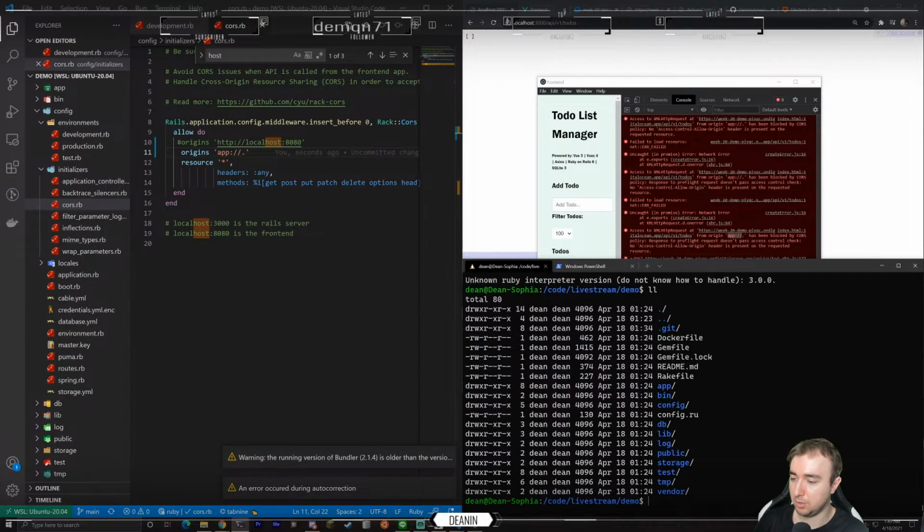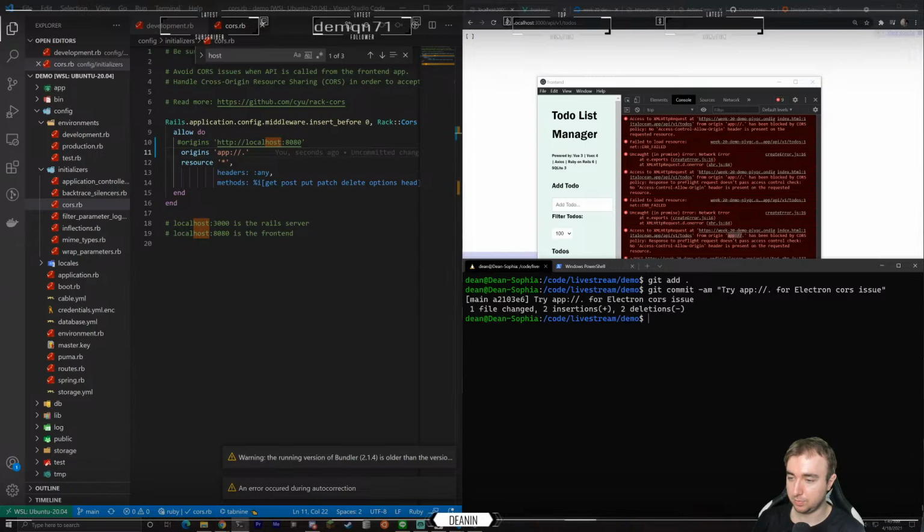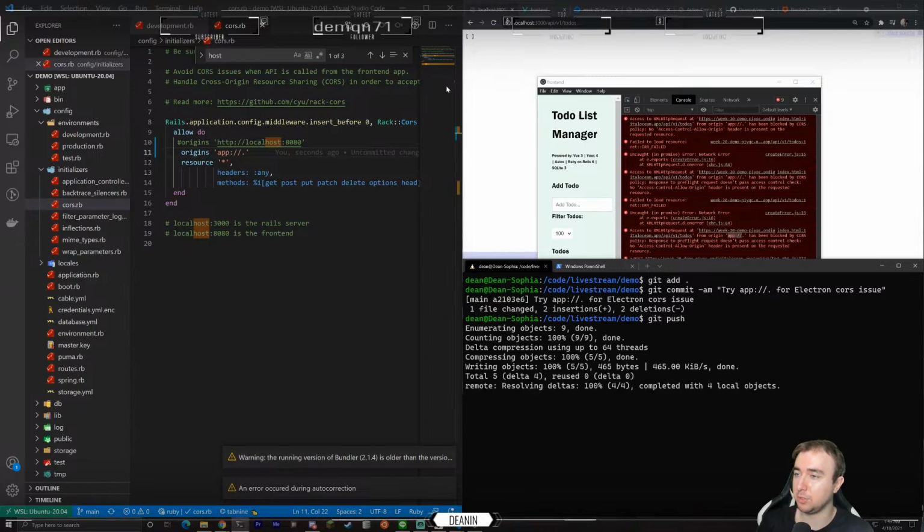cd into demo. git add dot, git commit -am "try app or Electron cors issue". app://. Try pushing that up and then